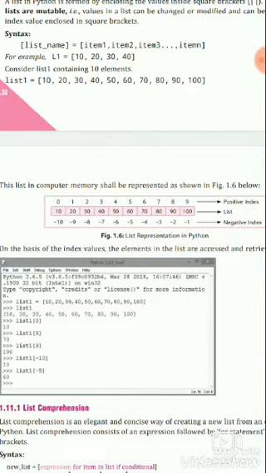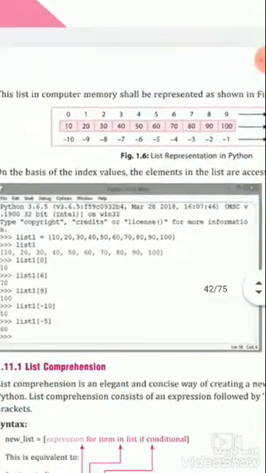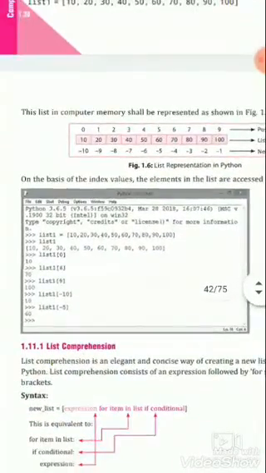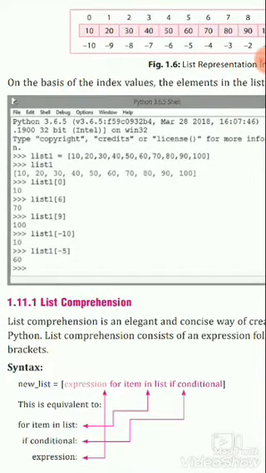Next, on the basis of index value, the list elements are accessed. You can see how we define list 1 with 10 values or elements, and when we print the list, we get the whole list. For accessing the members of the list, we use the index number.